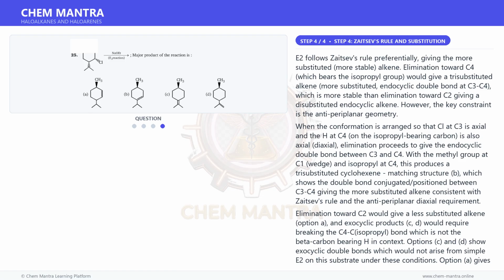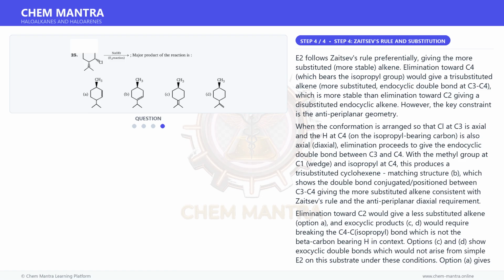With the methyl group at C1, wedge, and isopropyl at C4, this produces a trisubstituted cyclohexene matching structure B, which shows the double bond positioned between C3, C4, giving the more substituted alkene consistent with Zaitsev's rule and the antiperiplanar diaxial requirement. Elimination toward C2 would give a less substituted alkene, option A, and exocyclic products, C, D, would